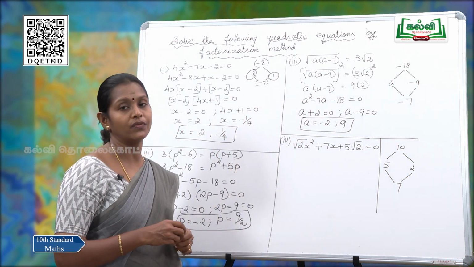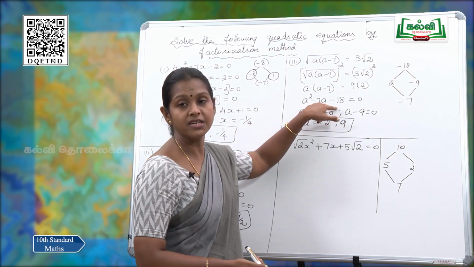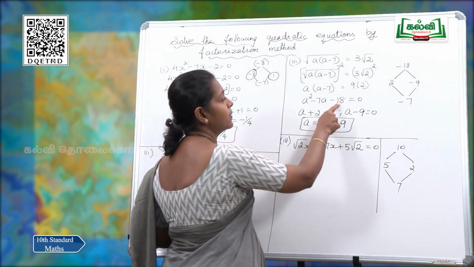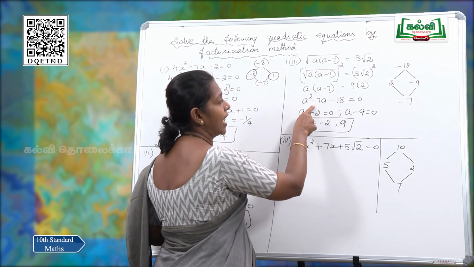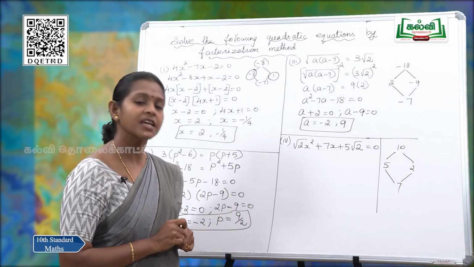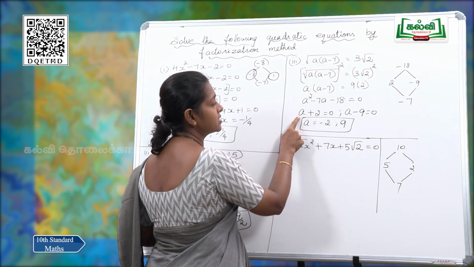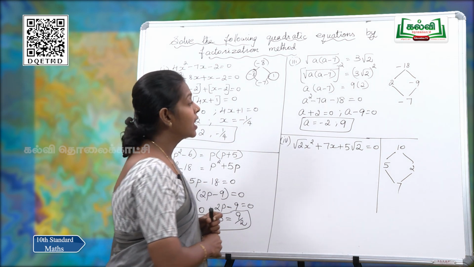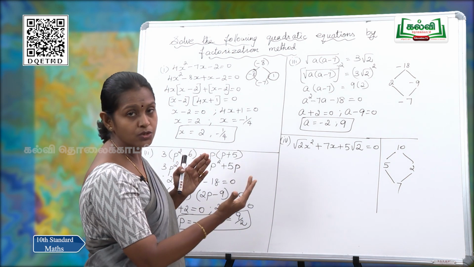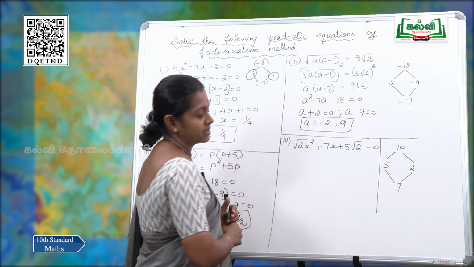So, now we have simplified, it is in the form of the quadratic equation. After that you know how to find the factors, because a squared minus 7a minus 18 is very easy, because a squared does not have a coefficient. When you multiply you have to get minus 18, when you add or subtract you should get minus 7. So, what are the factors? Correct children, that is 2 and minus 9. Therefore, the factors are a plus 2 equal to 0 and a minus 9 equal to 0. That means, both factors are equated to 0. Therefore, the value of a is equal to minus 2 and plus 9.